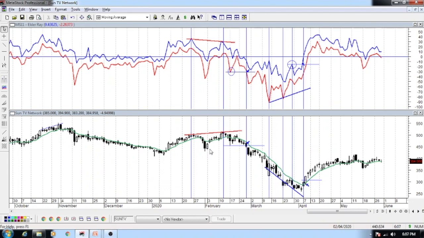Here we can see there is a negative or bearish divergence between bull power and price, where price was making higher tops, but the oscillator or bull power is making lower tops or lower highs. So this is a clear-cut negative divergence between bull power and the price. This is the first condition that we have already got. The second condition is that price has to be in a downtrend, which is confirmed by the EMA, when the price is trading below the EMA line. So we have a second confirmation.